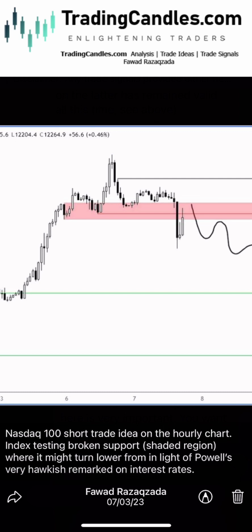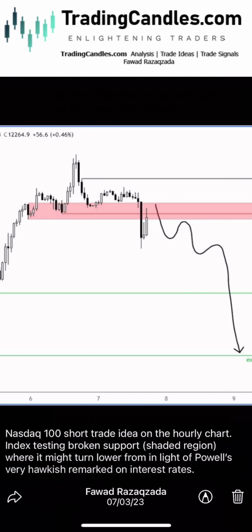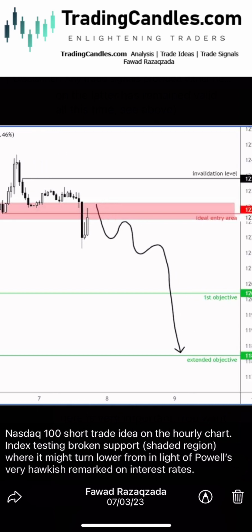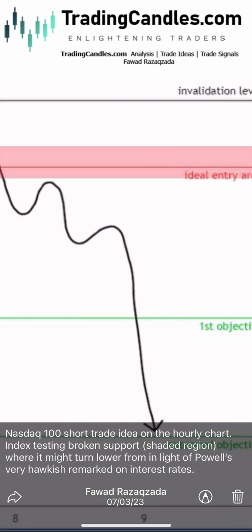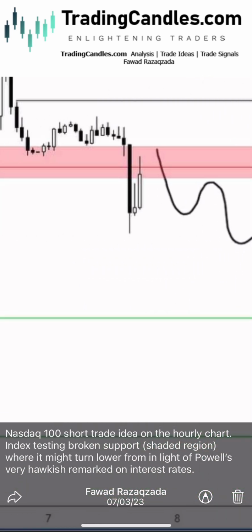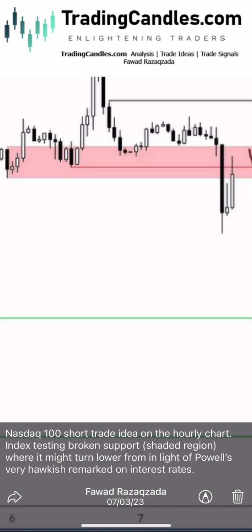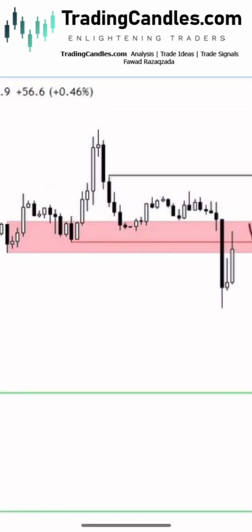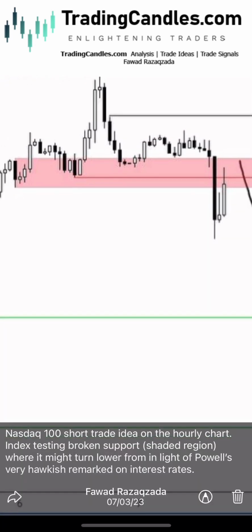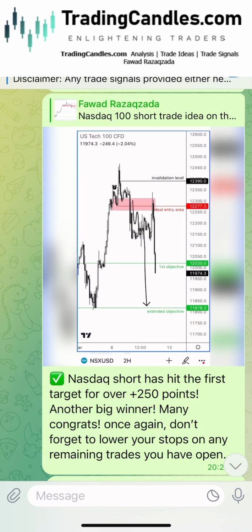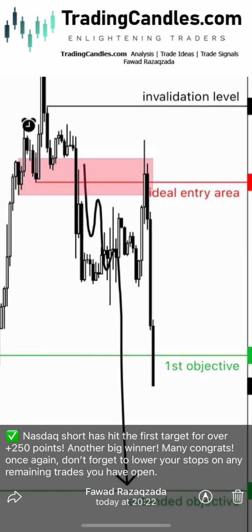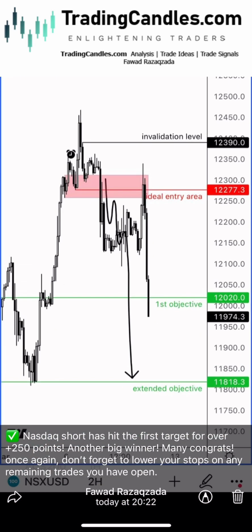So once we broke below it, the market then bounced back to retest it from underneath. So that area was previously support, and I thought it could be an ideal area to get short at, and that's what we did. And I placed the invalidation level above the high of this thrust candle that had led the sell-off. So going back to what happened, you can see that the market sold off as we had expected,